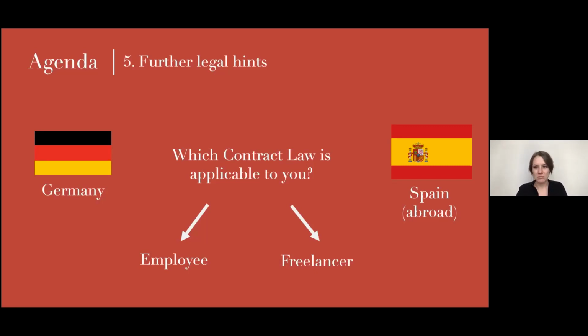And obviously, I do not have experience in Spanish employment law, but what I can say to you is that Germany has very high standards of employee protection according to the law, which is why I would, in this use case, always recommend to choose German law, even if you work, for example, all the time in Spain, because you should think about, just in case your employment contract is under Spanish employment law, what would you have